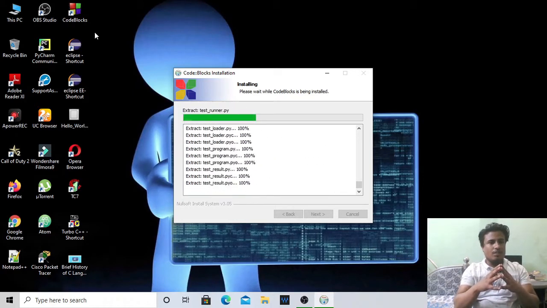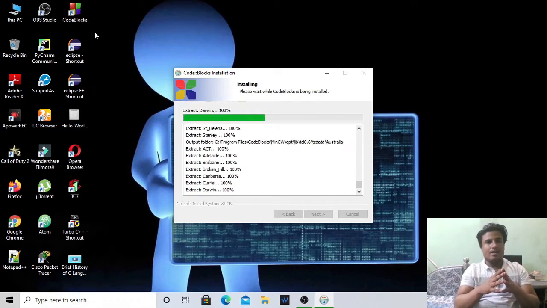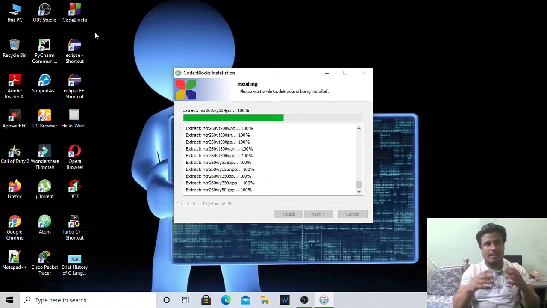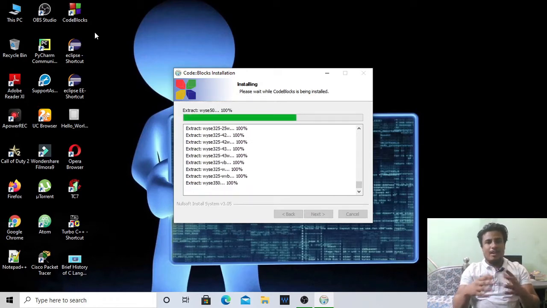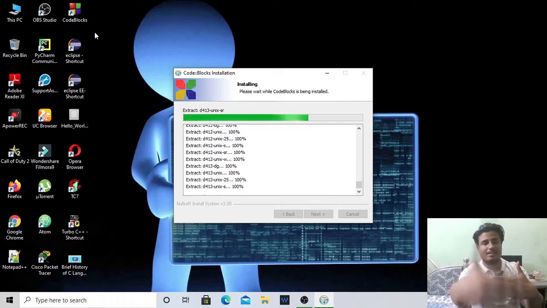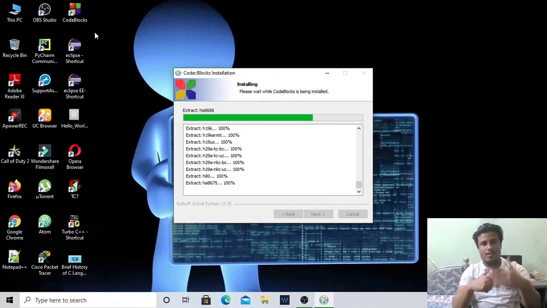I can make a separate video on the executable file, the compiled file, and what a source file is. So basically C works in three modes. First there is the source code. In the source code you just write your code in a simple editor, and after that you save it with the extension .c. It will be converted into a compiled file. You can say an intermediate file. The high level language was there first, then the intermediate file, then the machine language. So now it is intermediate code.